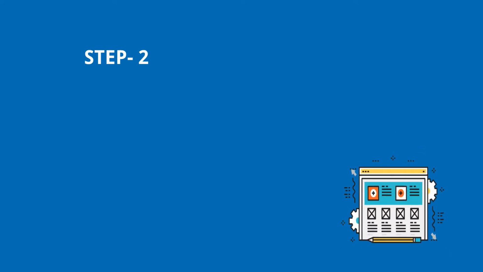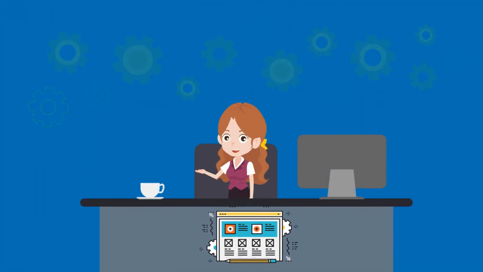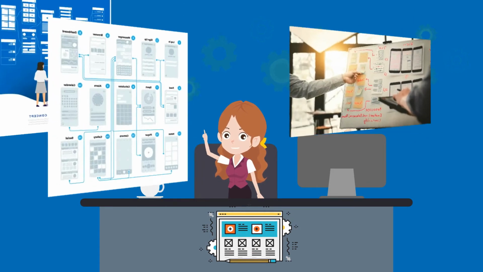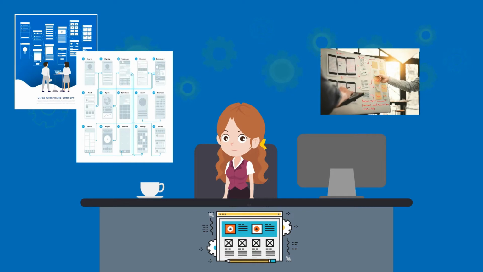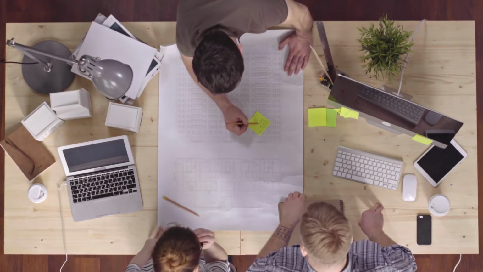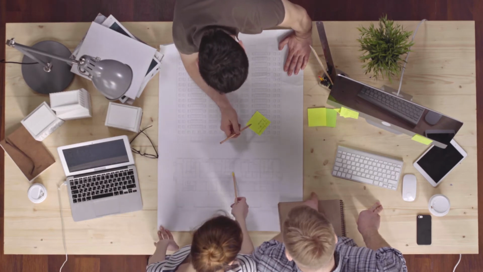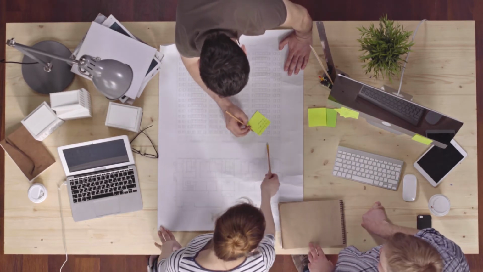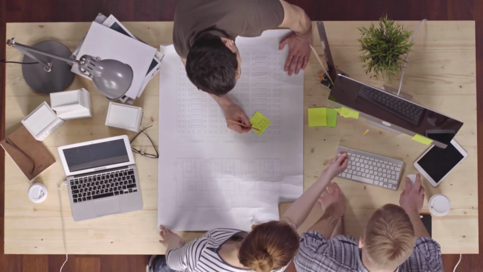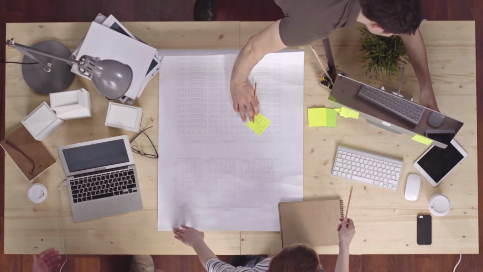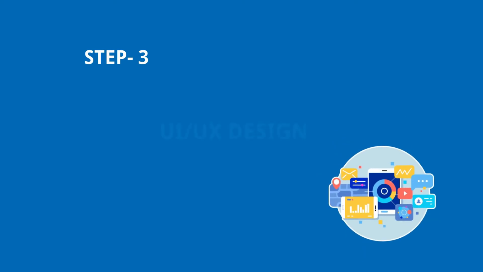Step 2. Wireframing. The next step is to get an advantage from your wireframing to build your app functionalities on board and to bring a little more clarity. The wireframe is a visual guide that represents the skeletal framework of an application. It is a rough sketch of your idea, which helps you and your team to understand how your application will work and look like.